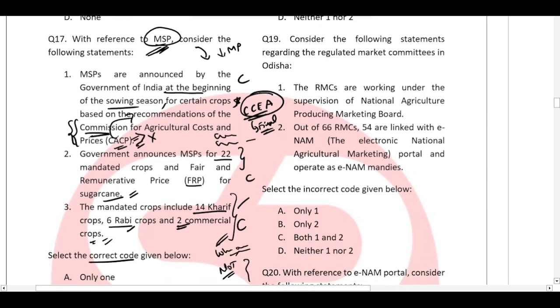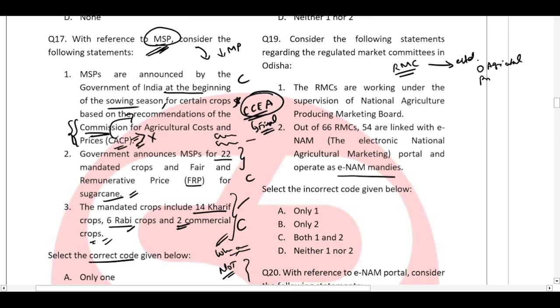Let us move on to question number 19. Consider the following statements regarding the regulated market committees in Odisha. The regulated market committees are working under the supervision of National Agriculture Producing Marketing Board. Out of the 66 regulated marketing committees, 54 are linked with the ENAM, the Electronic National Agriculture Marketing Portal, and operate as ENAM mandis. Now first, what are RMCs? RMCs are the regulated marketing committees which the Odisha government established under the Odisha